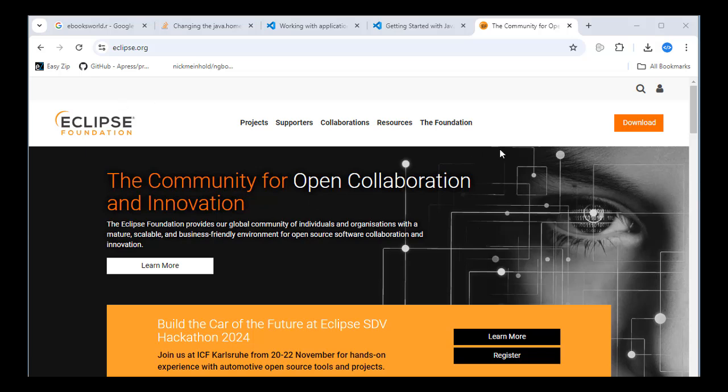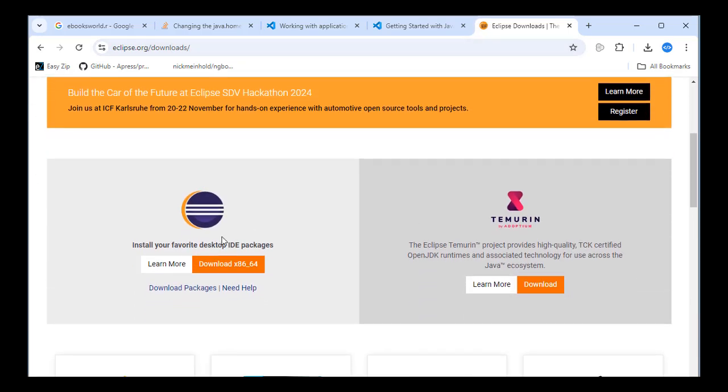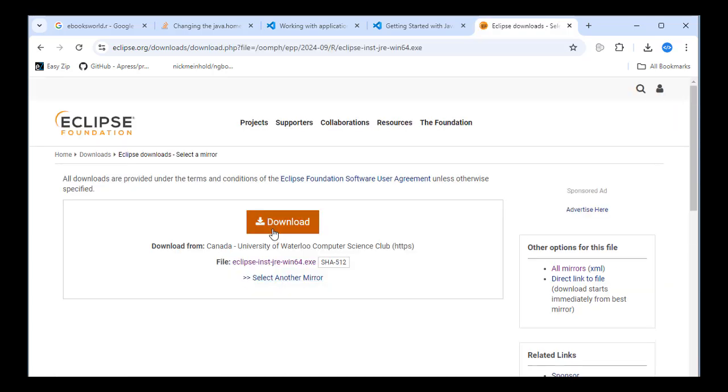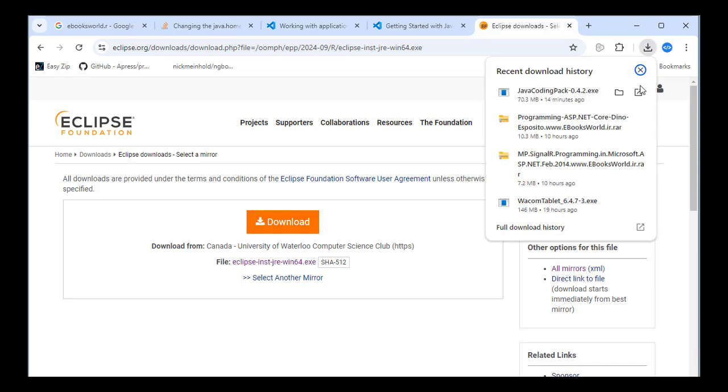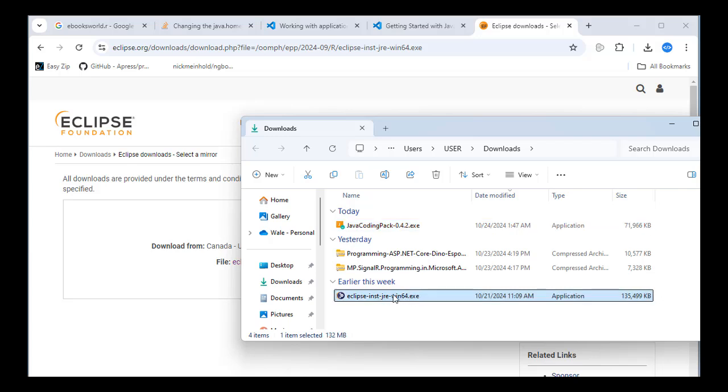So to download Eclipse, the first thing, you come to the website here and then you click on the download page. The website is eclipse.org. You go to the download and then you want to download these files here. So you click on download. It's for 64 bits and 32 bits, and then you click on download on the file here. Depending on your internet connection, I already have my download here. So you double click, it's the exe file downloaded